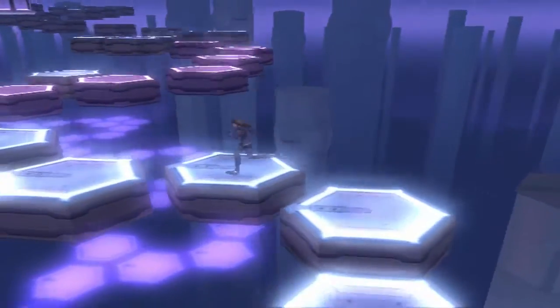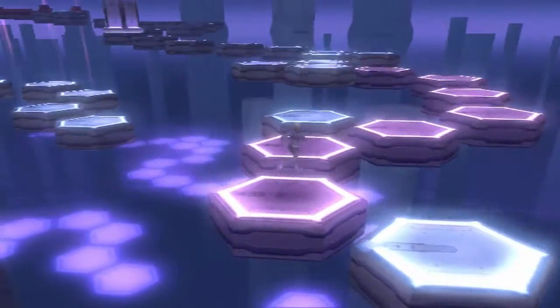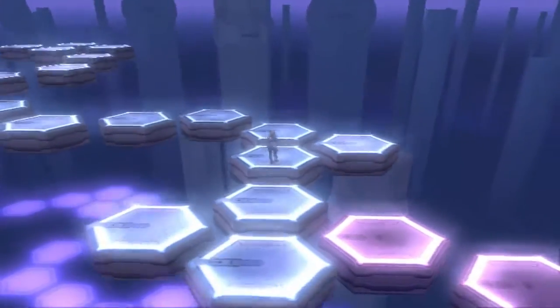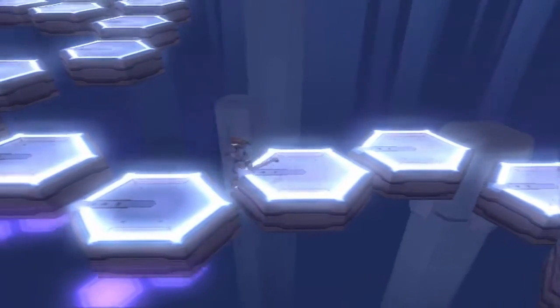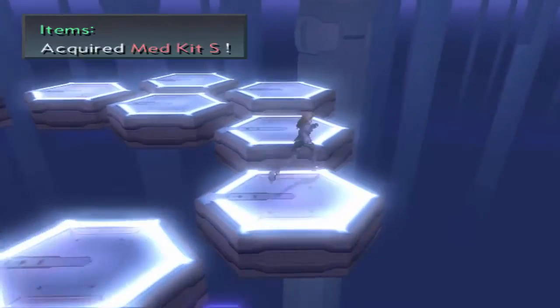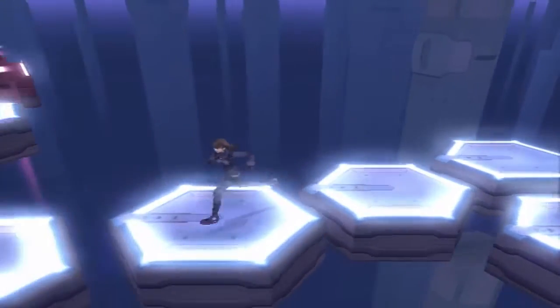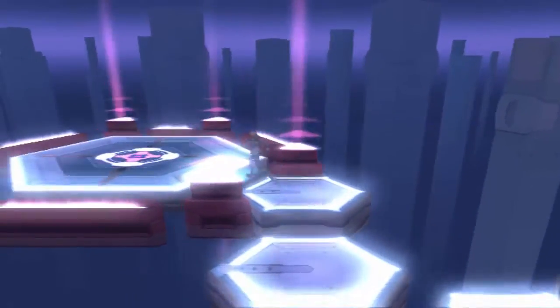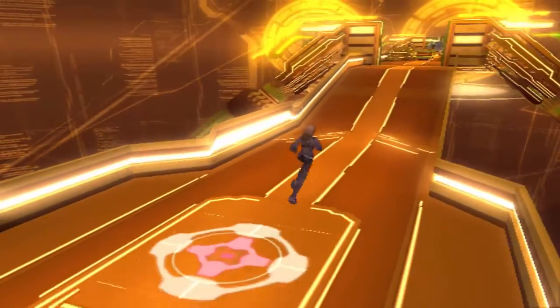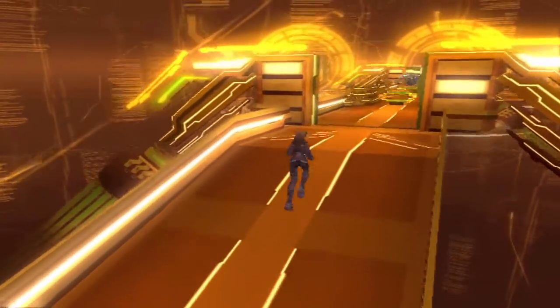So if we head up this side, through all the weird purple squares, eventually we find another one of those. Medkit S, which, yeah, sure, why not? And we get all the way up here. Let's move this teleporter thing again. I don't know why it says move. But anyway, once we go up here...